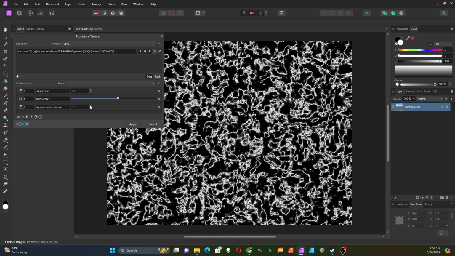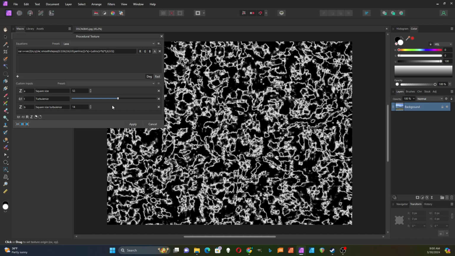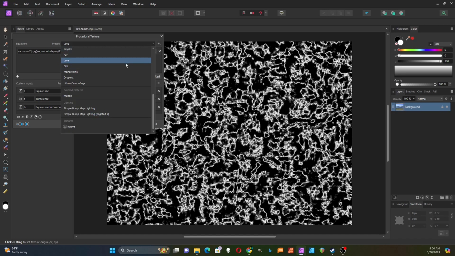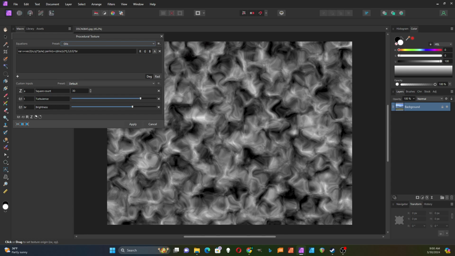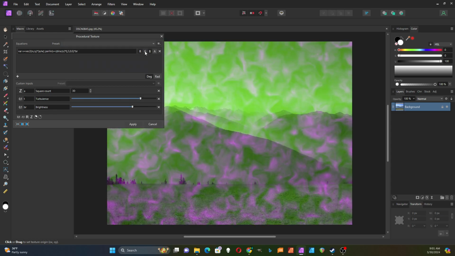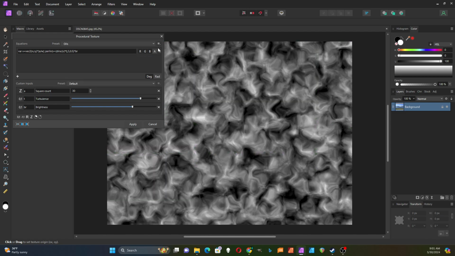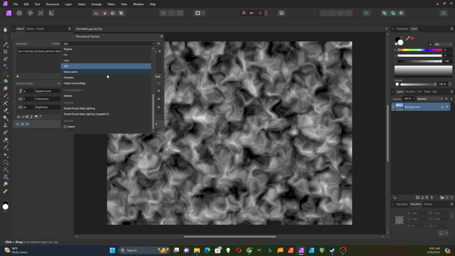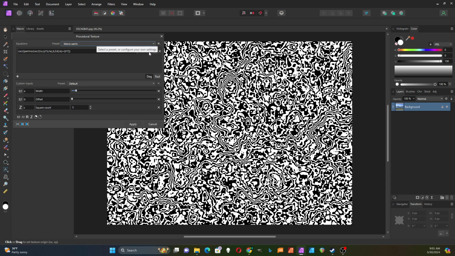And then you can also apply this factor to it. Oils, okay, makes a sort of an oily texture. So these could maybe be texture mapped. Some of these textures could be texture mapped onto a picture. If I just turn this off, it doesn't look like much, but if you use it correctly, you could do something with these. There's some mono swirls,